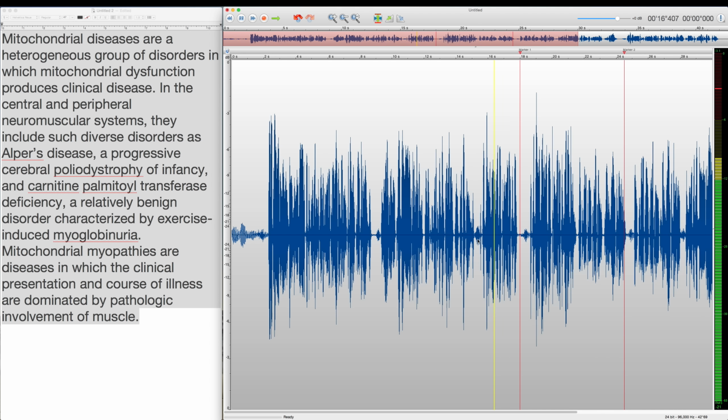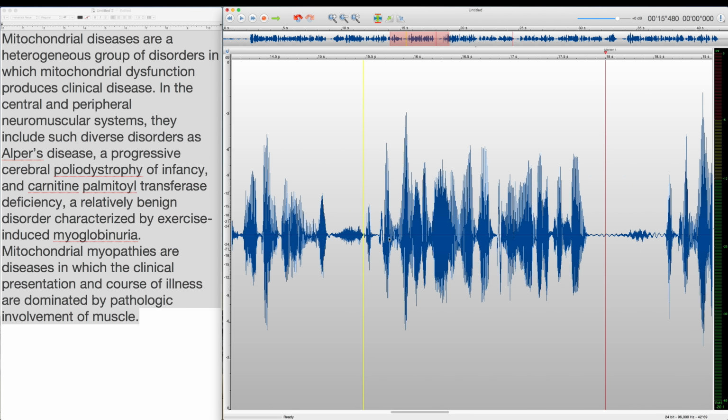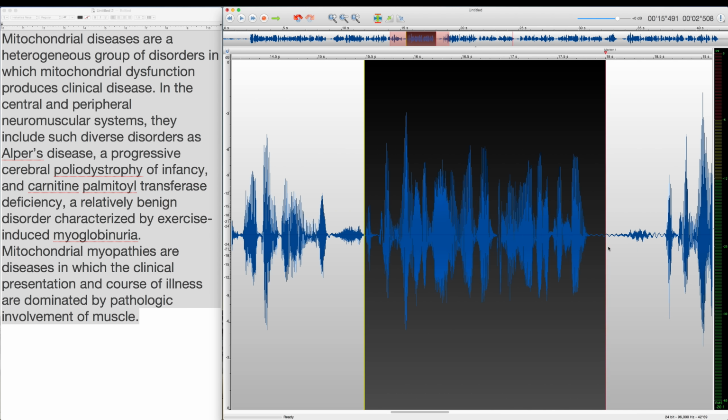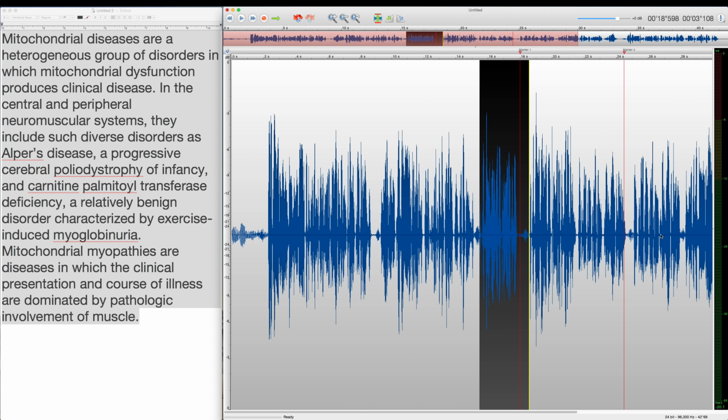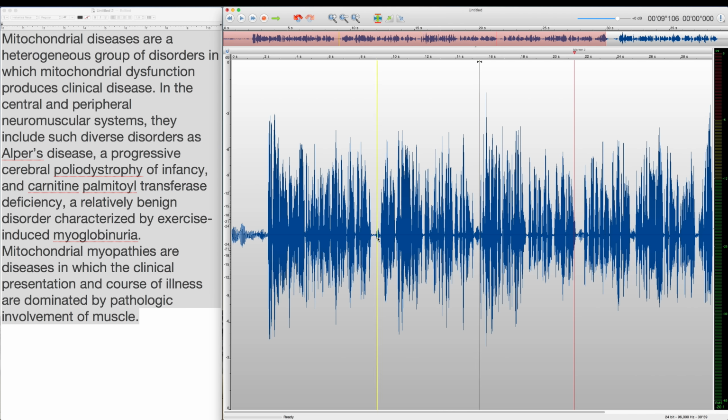A progressive... Right, okay, so I made a mistake, and I hit M here, and I continued here. So what did I say here? A progressive something or other. So this part is a mistake. I used the Z key to zoom in. There's a breath, we'll deal with that later. A progressive something or other mistake, and then we continue to here. So now if I back up, we see what we have.